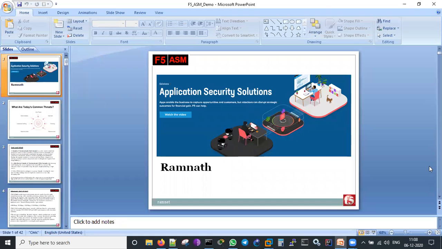So F5 is number one in the market in the load balancing industry, even though cloud solutions have come up now. AWS, Azure, and Google Cloud, everybody is offering load balancing solutions. But when we are talking about load balancers as a box or an appliance, F5 is the one that comes to all our minds. And moreover, whenever you apply for a job, they'll just ask for an F5 load balancer. There are a lot of load balancers available in the market.